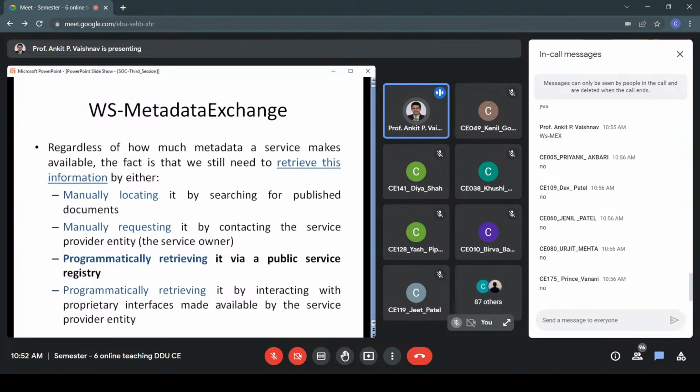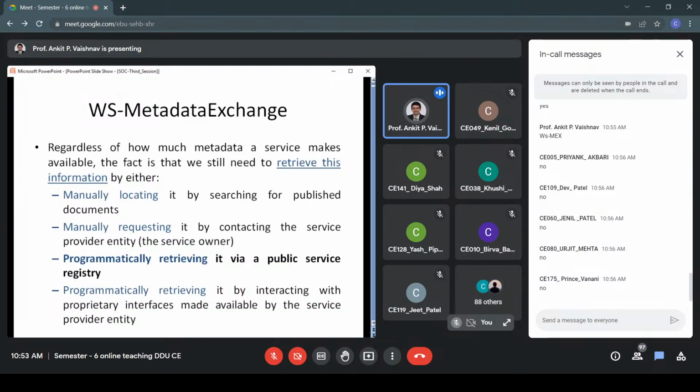So ultimately, a requester has to first get the metadata. Fine. So there are 4 ways of doing this, right? We know that we can also use UDDI, right? We have seen that concept. That is also a part of these 4 ways. So first option is we can manually locate by searching the published documents.